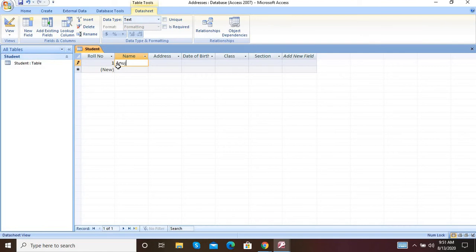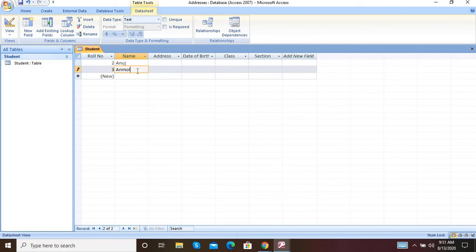So a primary key has 3 important things. First, it cannot be repeated, second, it is not null, and third, it is unique. So the roll number field fulfills all 3 things. That's why we consider roll number as the primary key. Now Anuj, after Anuj, the second one is Anmol.